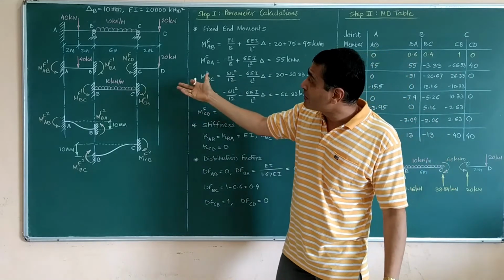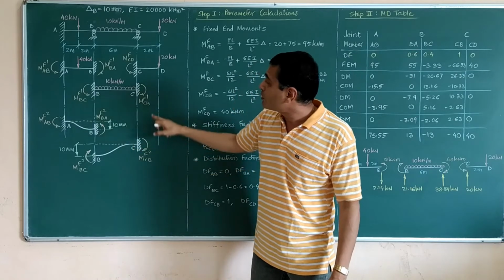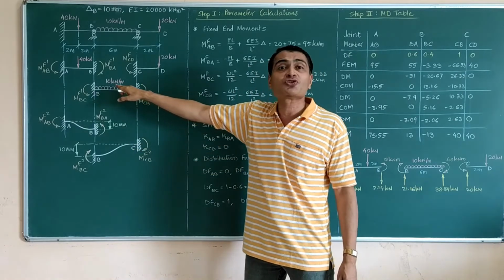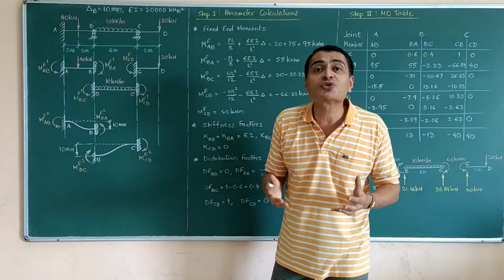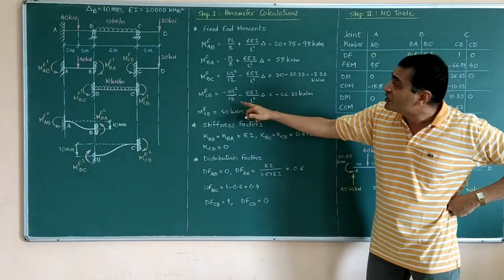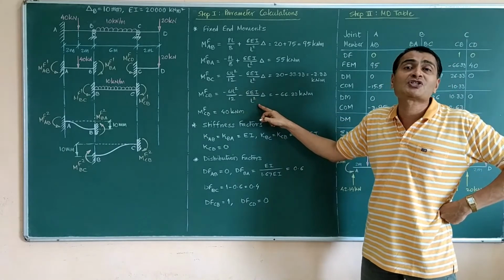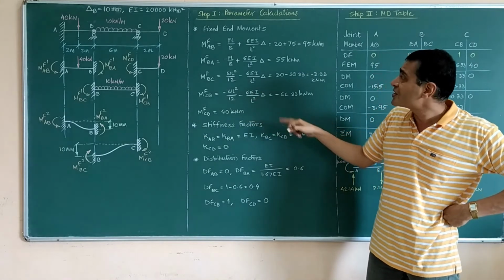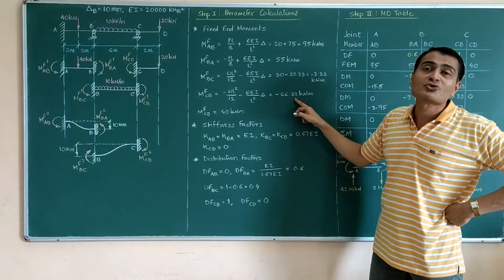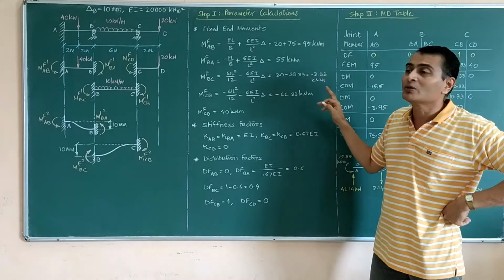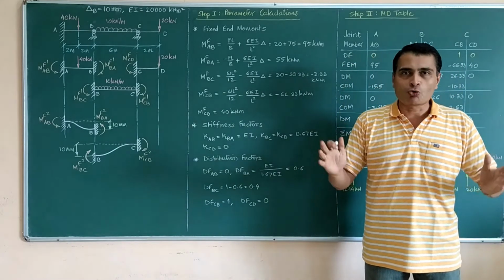MFCB. So I look in my diagrams, this is MFCB1 plus MFCB2. I am observing that this is also clockwise, which is due to span loads, and this is also clockwise, which is due to sinking of support B. So I am writing negative WL squared by 12 for clockwise and negative 6 EI upon L squared into delta, that is again for clockwise. So I am getting negative 30 and negative 33.33. So negative 66.33 kilonewton meters. So that is our first step. All fixed end moments are found.